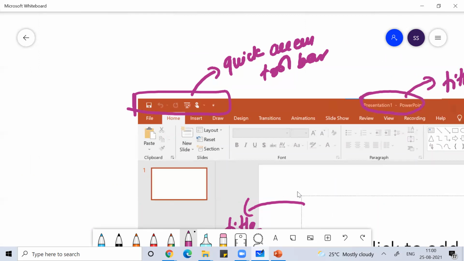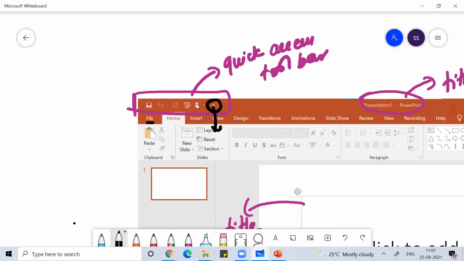You can put all of them under the quick access toolbar. If you click here, the whole window will open, and then you can add or reduce more ribbons.